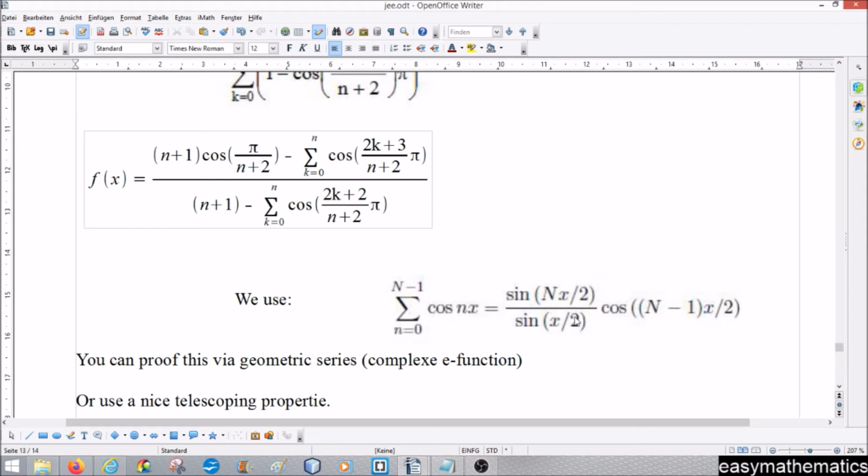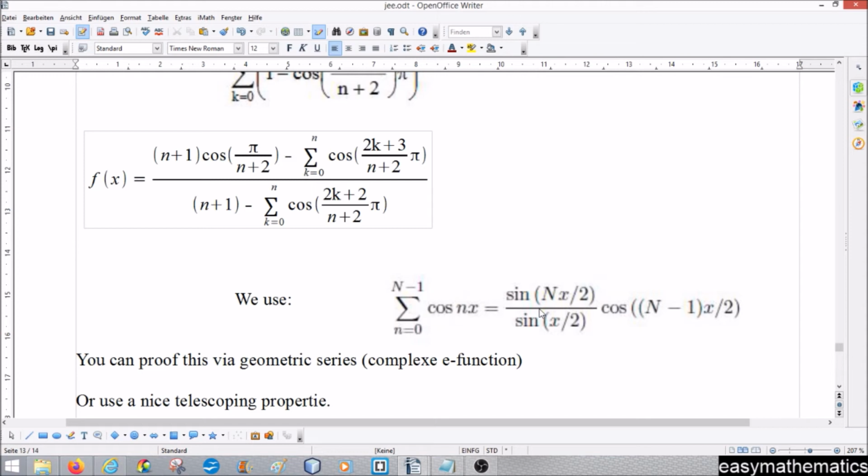If you wonder where this comes from, you can prove this with the complex exponential function and write the cosine in terms of complex exponential functions. Then you can use the geometric series and you get this result. Okay, you can prove this also